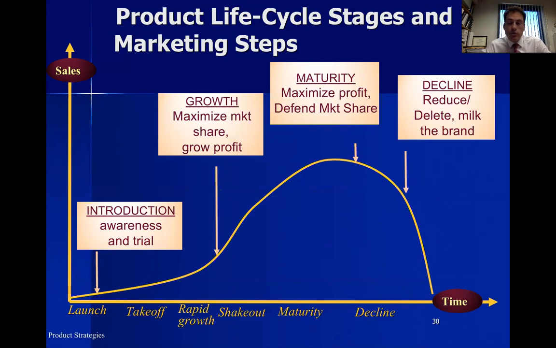So maybe you start with 50%, then it becomes 25%, and then in the maturity stage, maybe it's 20%. This allows you to stay competitive by spending money on promoting the product and maybe offering a reduction and incentives. Then you go into the decline stage, and at that time, you try to minimize the cost of selling this product and maximize the benefit of selling the product and making money. Eventually, you go to a stage where you actually remove the product and stop selling it.